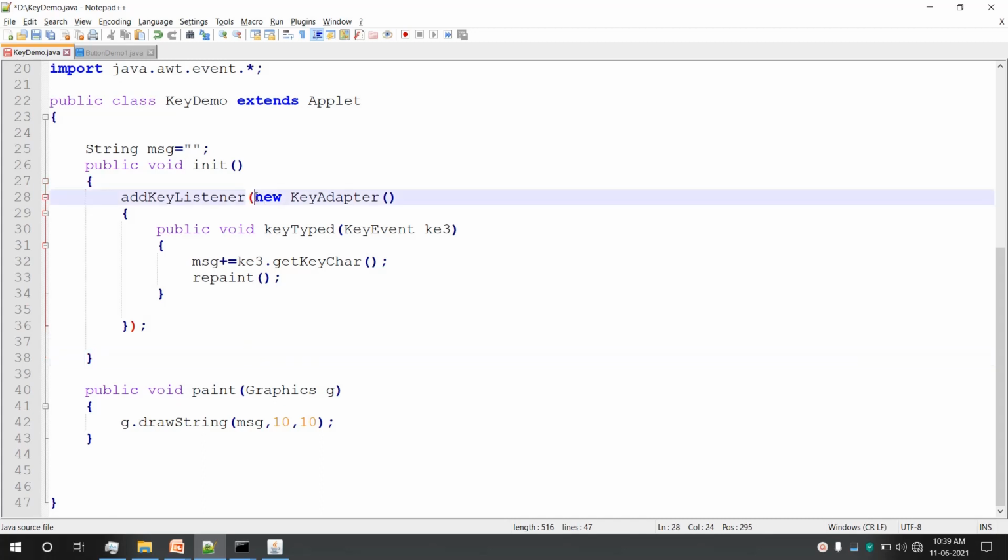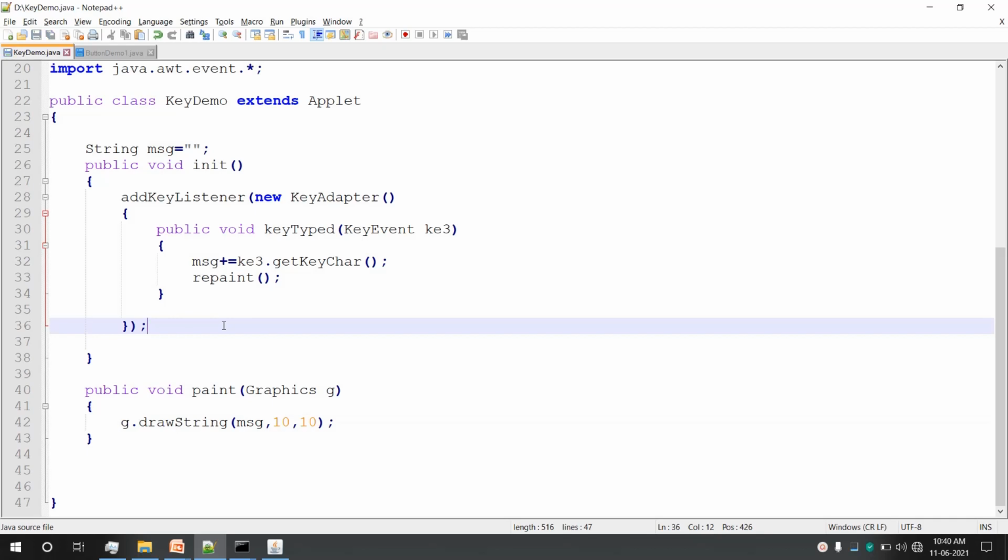Here we have declared an anonymous inner class which has no name, but it is inheriting key adapter, and it is overriding the method key typed, which is part of key adapter class. Then again we are getting the key char. Whatever character we press, that character we can get by using the method getKeyChar, and that is stored in message. And repaint, that is our paint method we are calling. When I say repaint, the message, whatever we have stored in message, will be displayed on the applet screen.